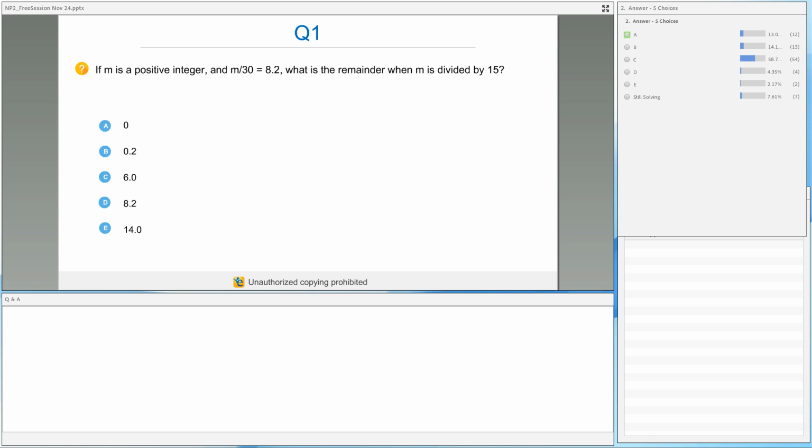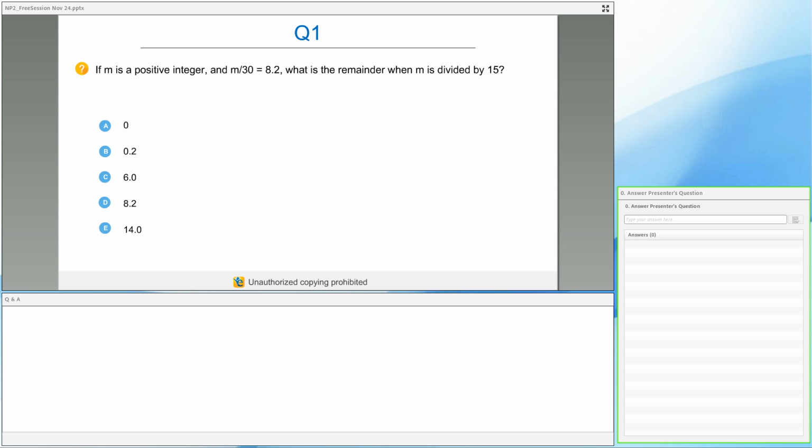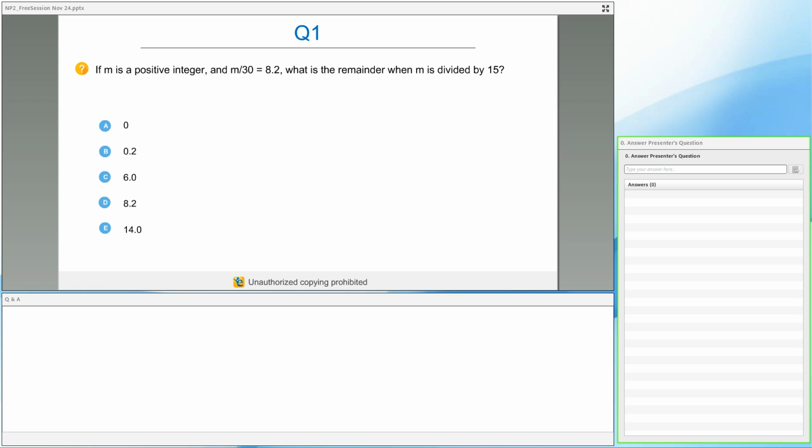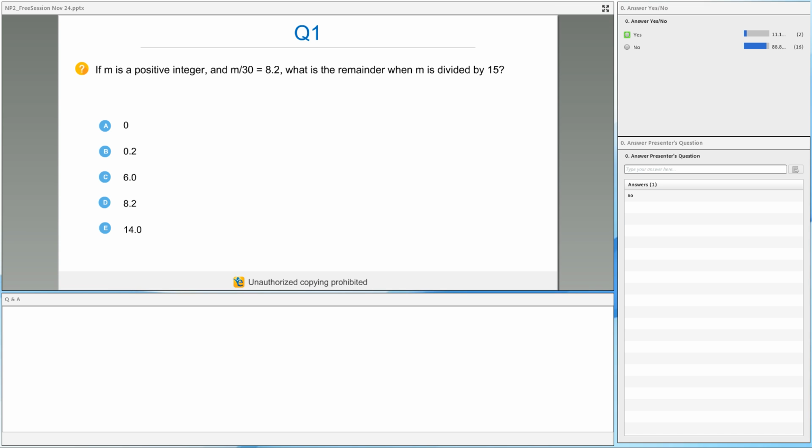But there are a lot of learnings from this question which I want to discuss with you all. First, we discussed in the previous 5 questions that the remainder is always less than the divisor. But there's one more thing which I did not discuss: can the remainder be a decimal number? Like 0.2, 0.5, 0.7, 0.8? No, right? The remainder is always an integer. Please keep this in mind.